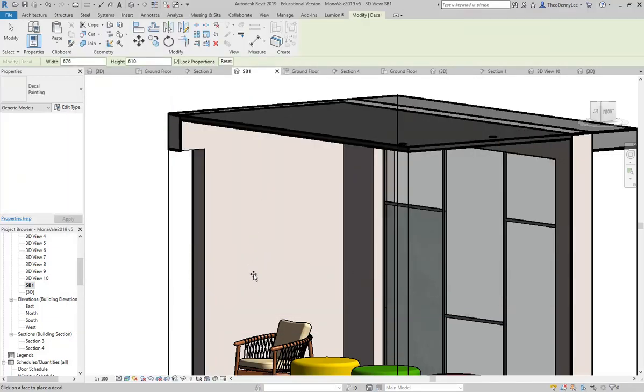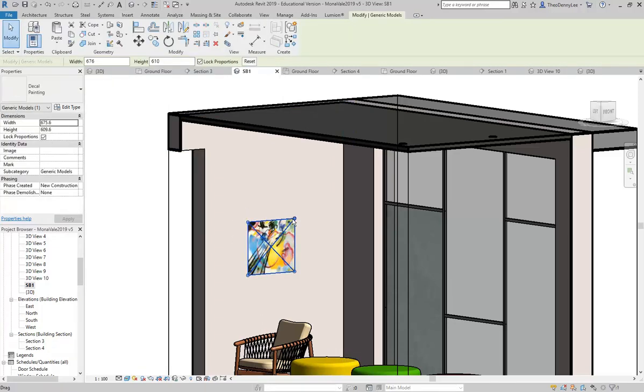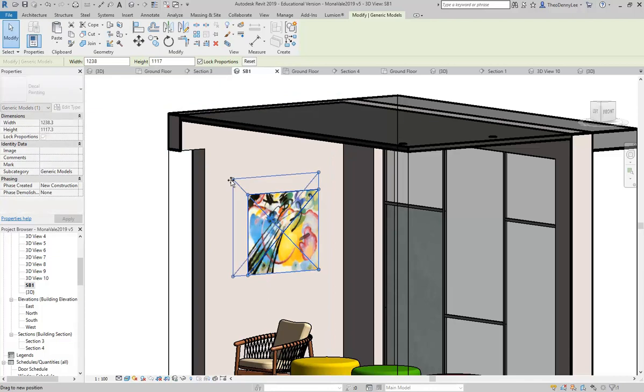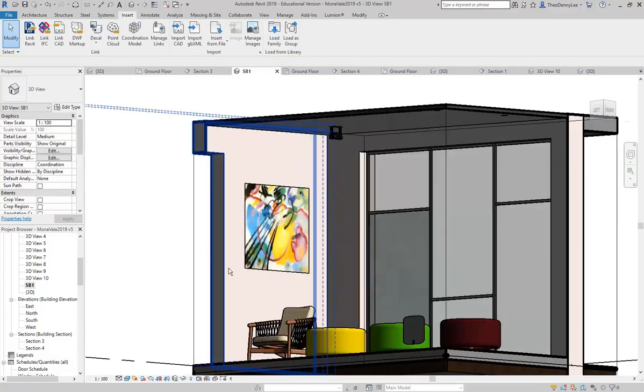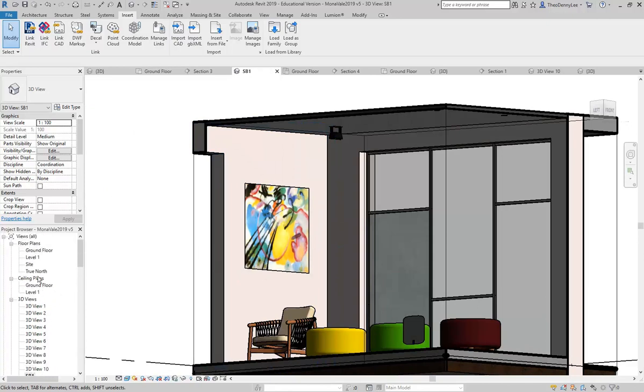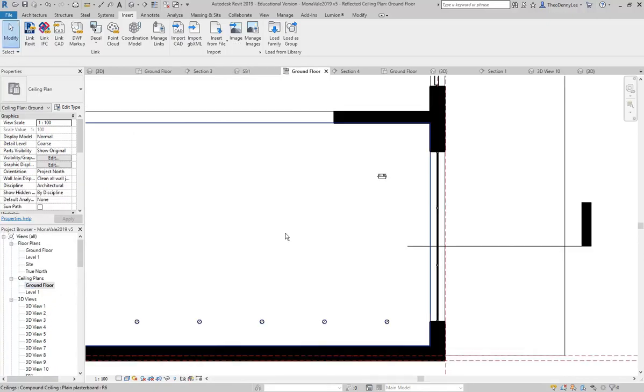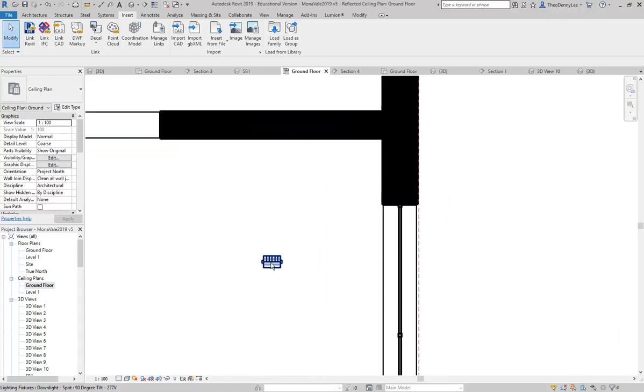Okay, so I'm just going to place that on the wall, so that I've got something to aim at. Right. So now I'm going to go back to the ceiling plan, again just to make sure that the light is there pointing towards that wall where the painting is. And so now I might go back to my perspective,